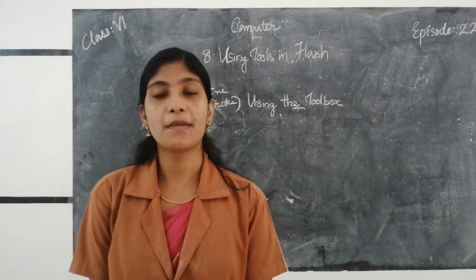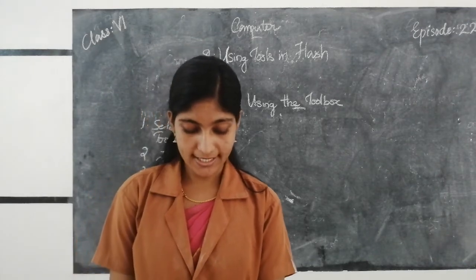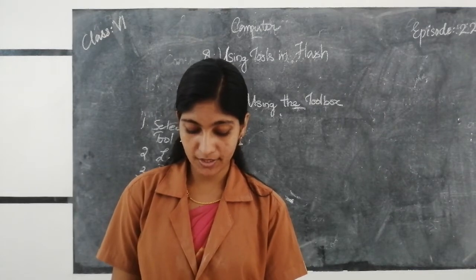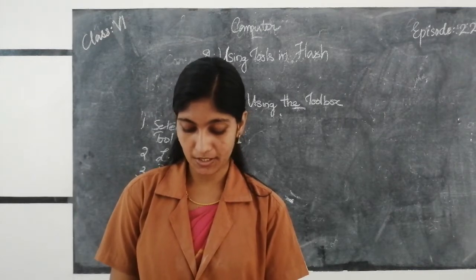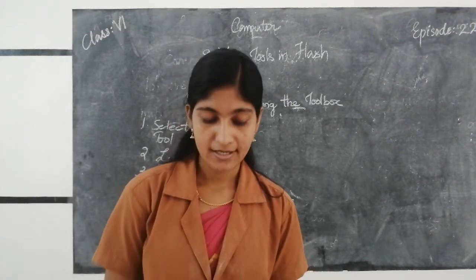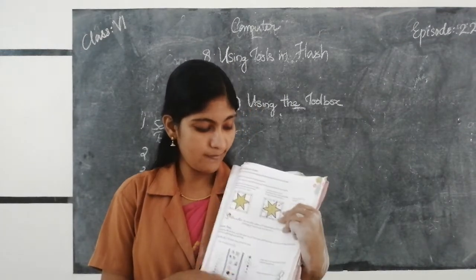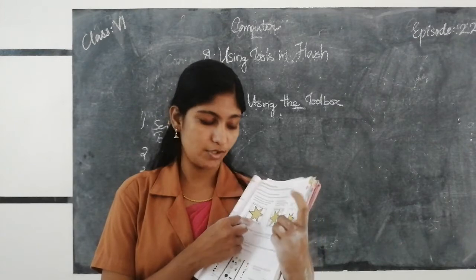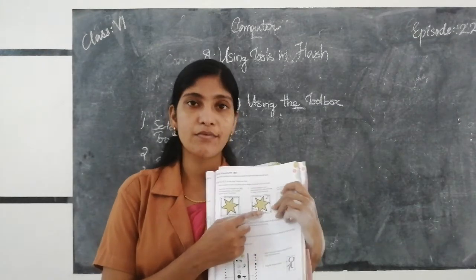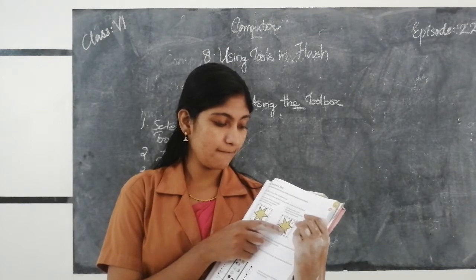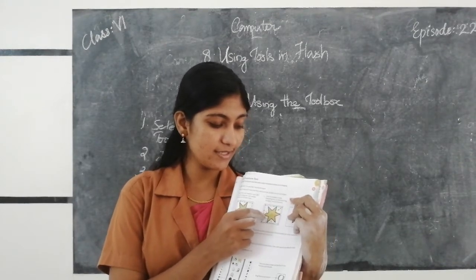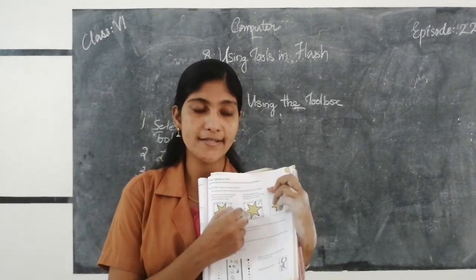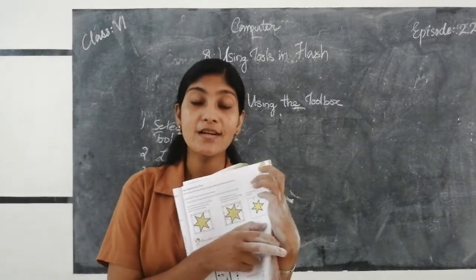To use the free transformation tool, select a shape, select the free transform tool, then use the handles on the bounding box to click and drag to apply transformation. The shape will be resized. So if you want to resize this star, just select the shape, and the second step is to select the free transform tool. Then using the handles on the bounding box, click and drag to apply transformation. Finally, the star will be resized.